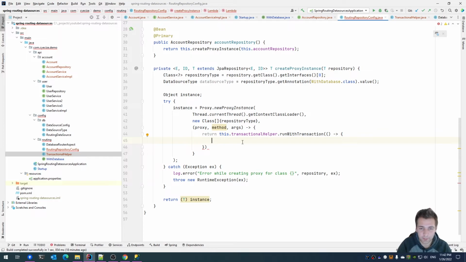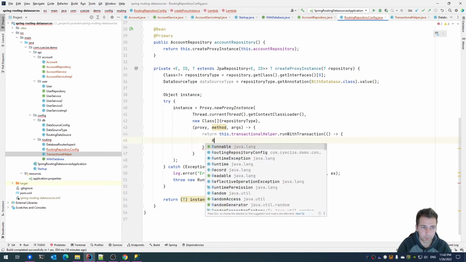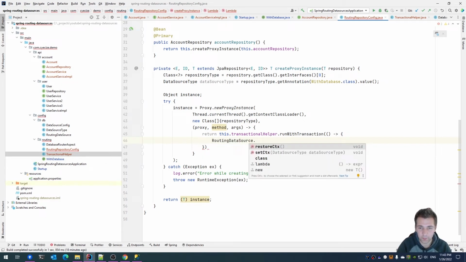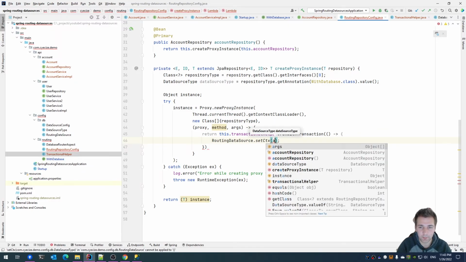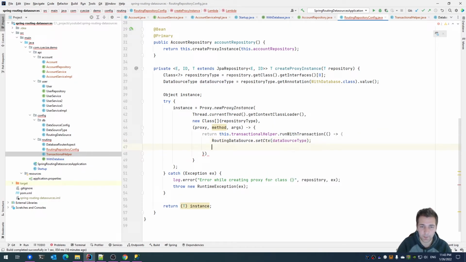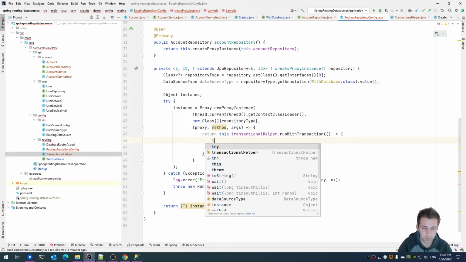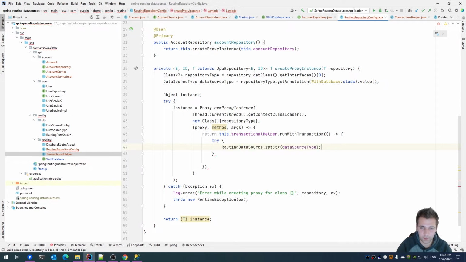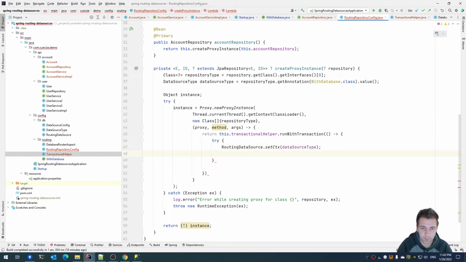So inside the transaction, we want to say routing data source, set the context, data source type, and my bad, that should be try catch, so like that. The return method invoke,